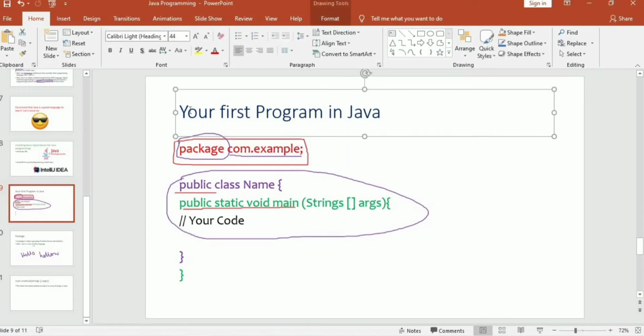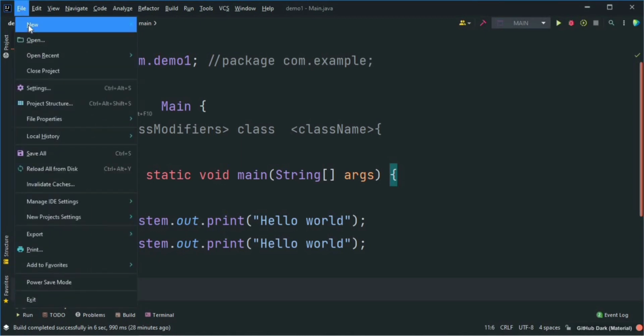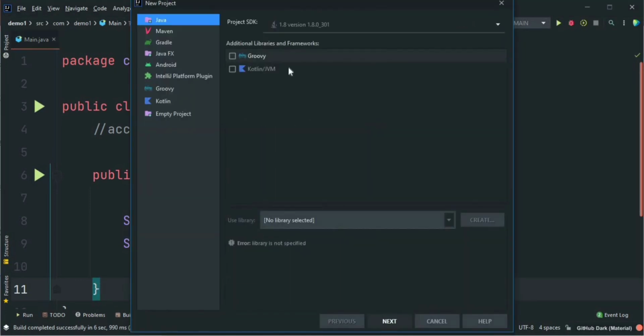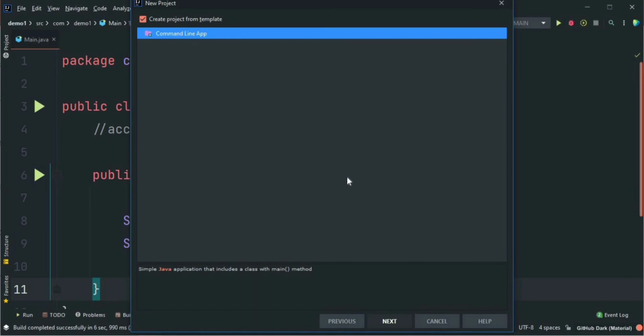Let's start our first program in Java. For that you have to open IntelliJ. Click File, New, New Project, and there you click next, and then select create project from template.